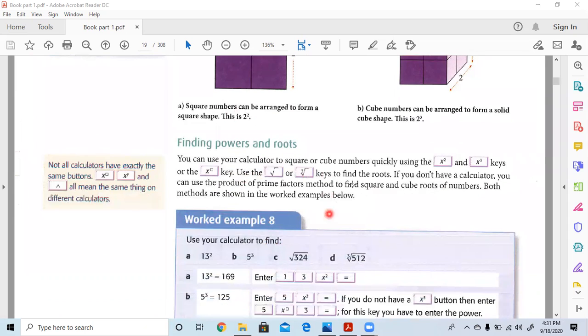Now find power and root. Power means, let's suppose this is x, x power 2, x power 3, or anything, let's suppose 5, 10, 20, 100. If we never write anything, its power is 1. Other than this, its power is something else like 2, 3. If the power is 2 we call it square, and if they mention 3, it's called cube.